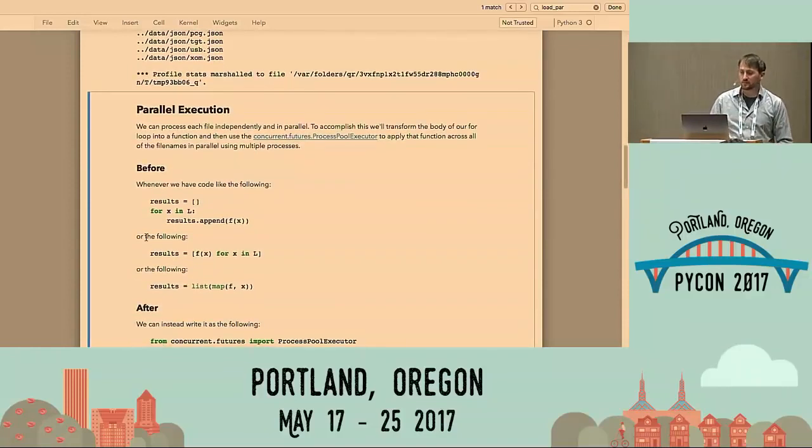So to do the same thing in parallel, just working locally, we've got this workload that we've established that says, given a list of inputs, for each input,